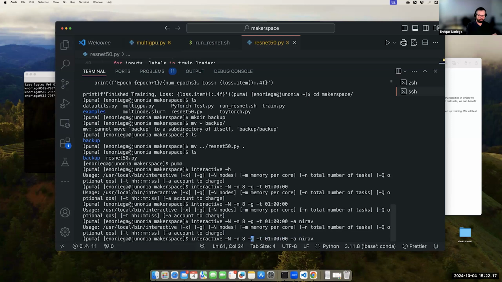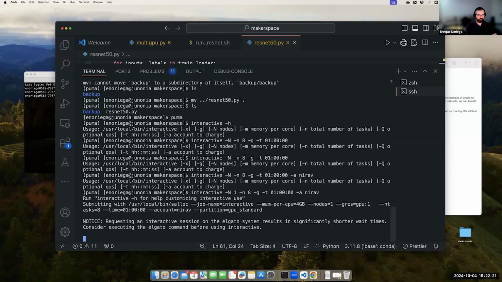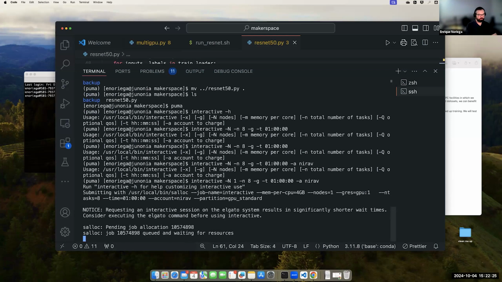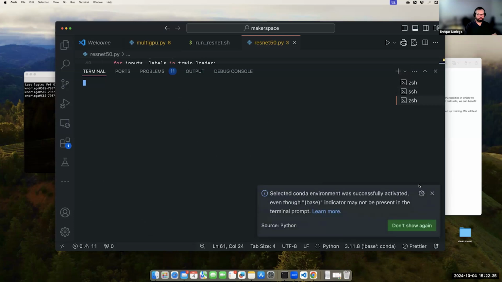Oh yes, I need to specify how many nodes I want. I want 1 node. So it's going to wait for a little bit. Another way in which we can see how busy this is, we can